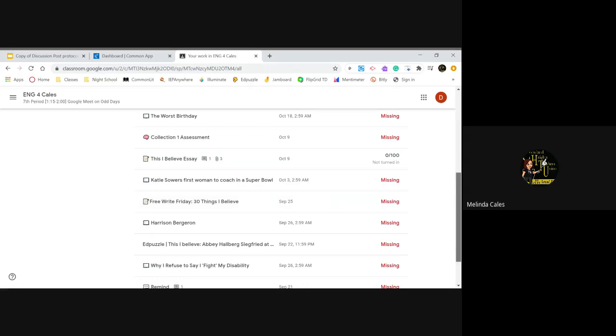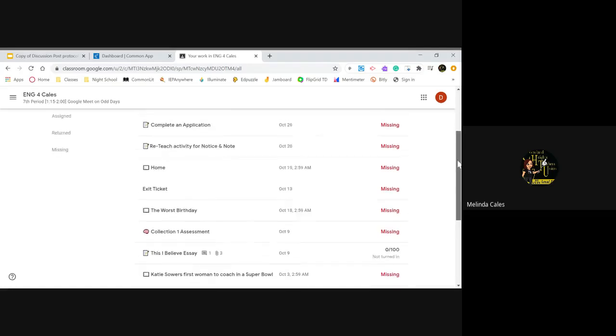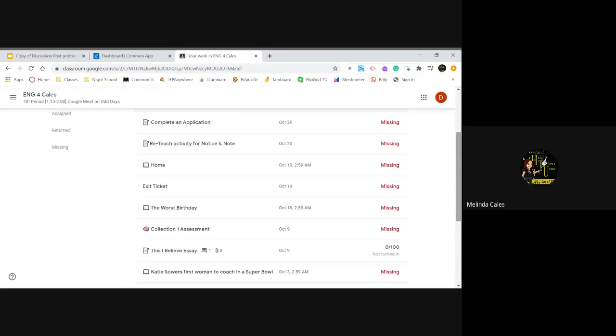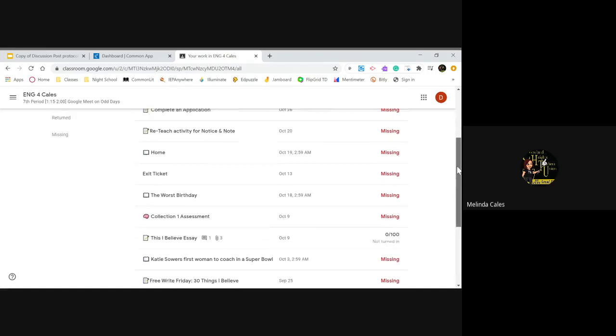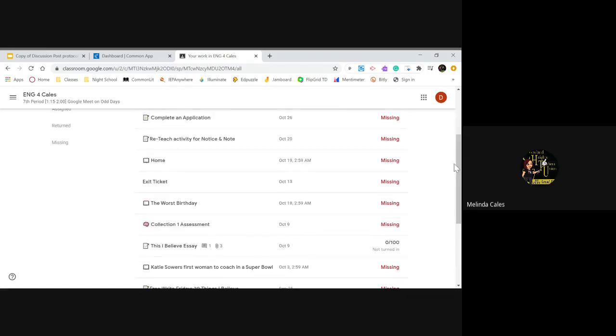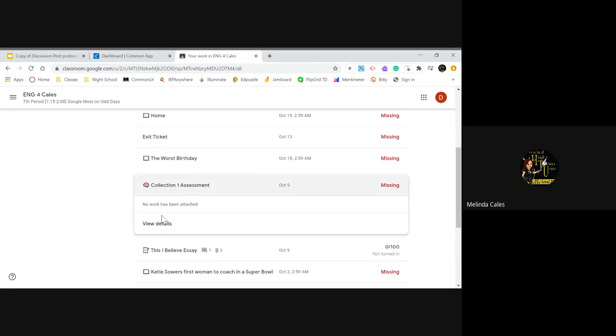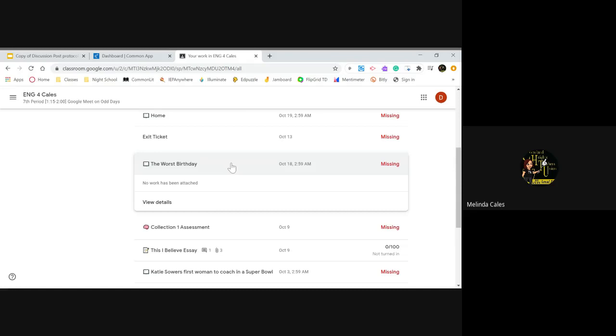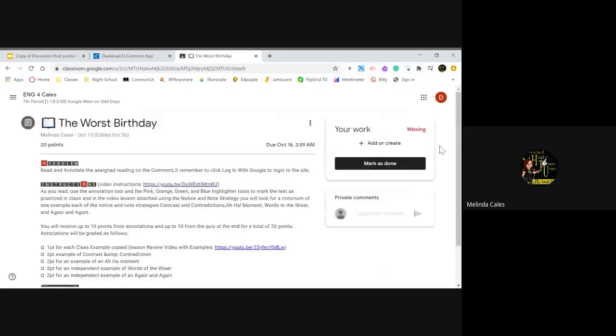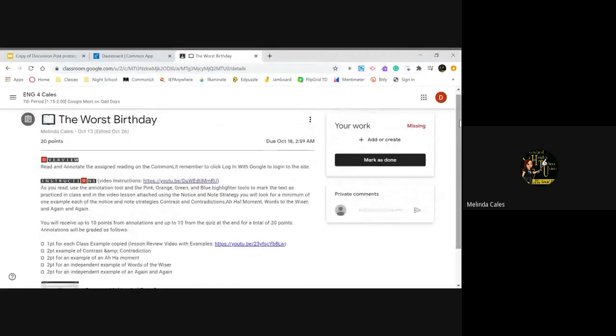Not only is this a list of all of your assignments and the grades so that you can check it against what's posted on Infinite Campus, or its status as to whether or not it has been graded, but it also is a link to each one of those assignments. Okay? So when you click on it, you can see there that I could then go in and view assignment details and go complete that assignment. All of the instructions will be there for it. So I can just click on it, go into the instructions, complete the assignment,